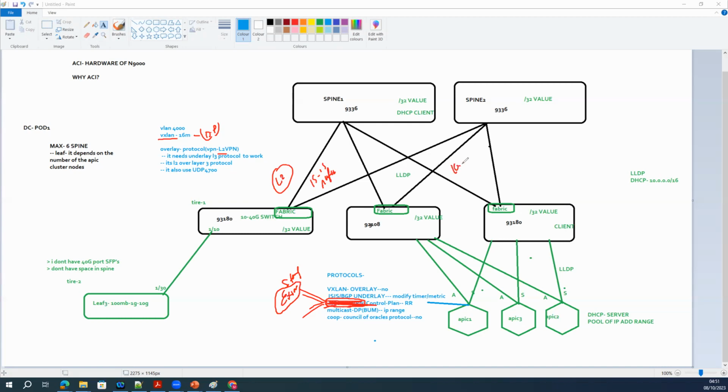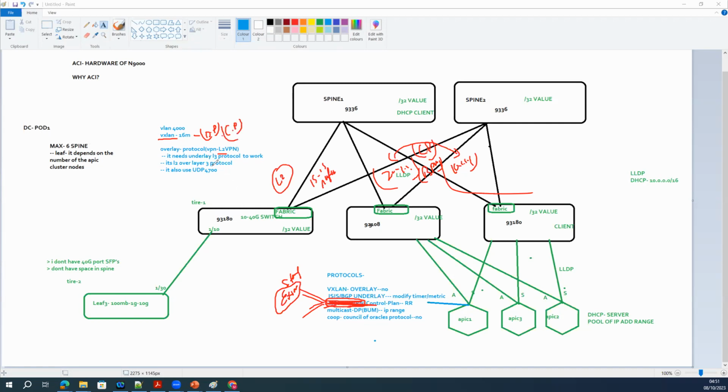Suppose you want to put 10.1.1.1 and 20.1.1.1. In order to make these two communicate, you need control plane communication, which means you need routing. For that you need some sort of protocol, which can be BGP or another protocol. But for ACI, BGP is predefined. We use that because of scalability. That's the only reason to enable it for the VXLAN control plane.